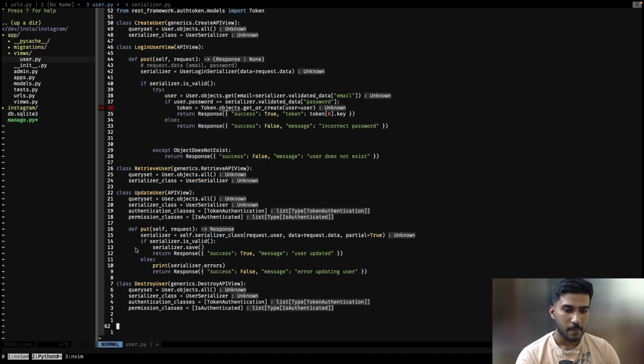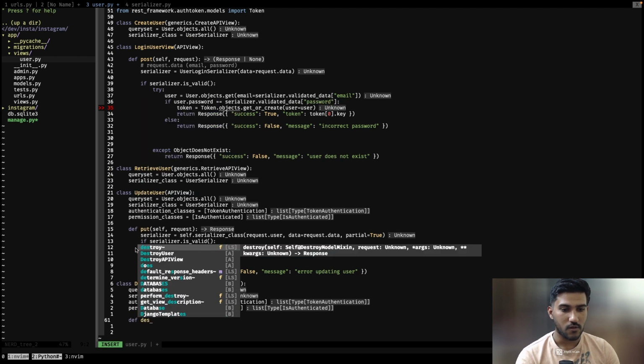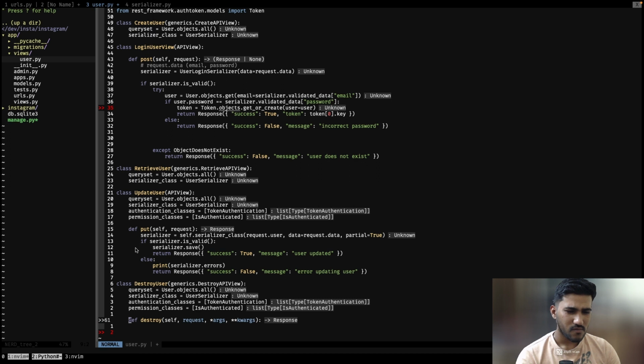This has a built-in method already present called destroy. So I want to destroy a user, which means I want to delete a user from the DB. I can either delete it, or I can mark it as not active. In this case I'll just delete it,